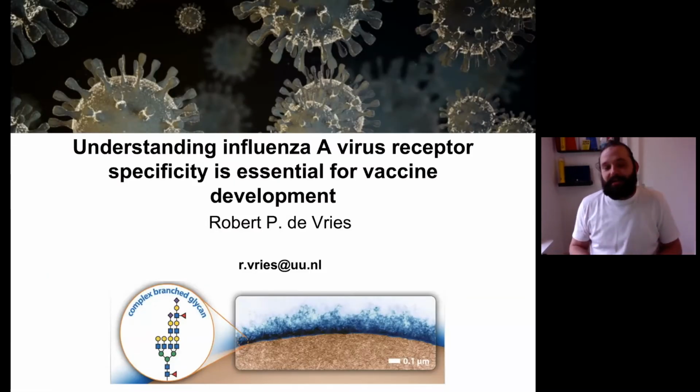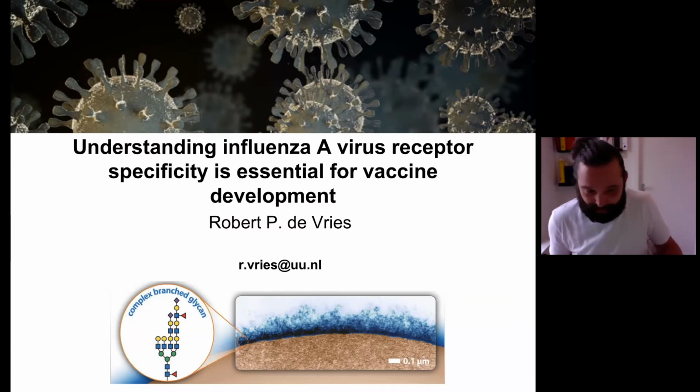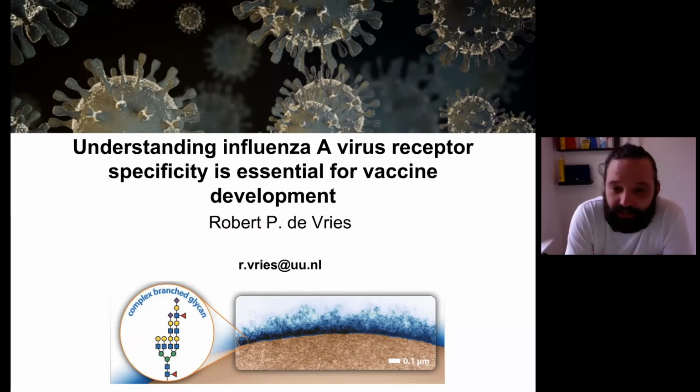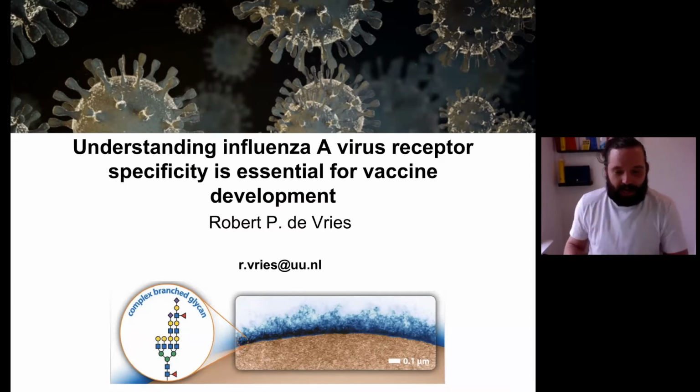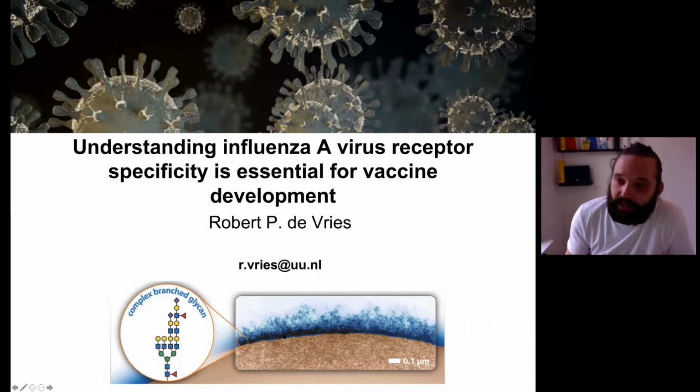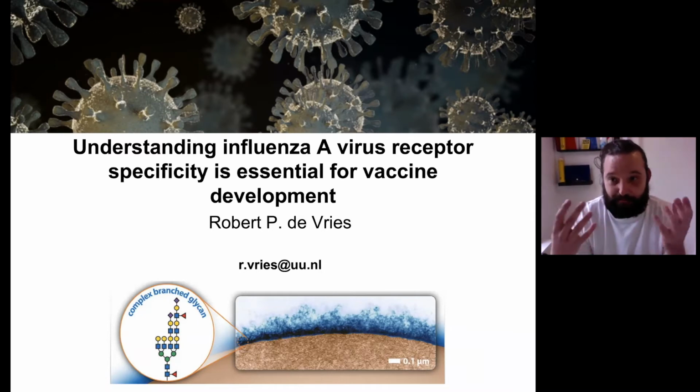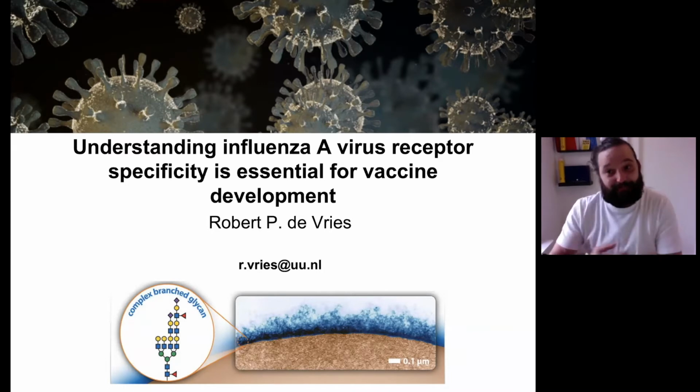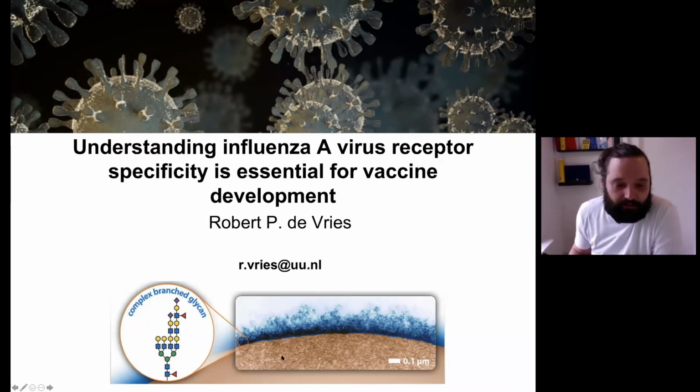So I think that understanding influenza virus receptor specificity is eventually essential for vaccine development. And I always start with this picture here, because literally every cell is covered with this dark matter of glycans, and it's something we don't understand much about, and hence the dark matter. But we do know that there are a lot of different ending glycans, and I was glad I was able to touch upon them a little bit earlier.